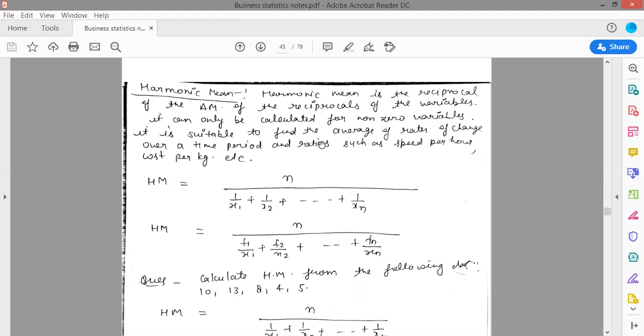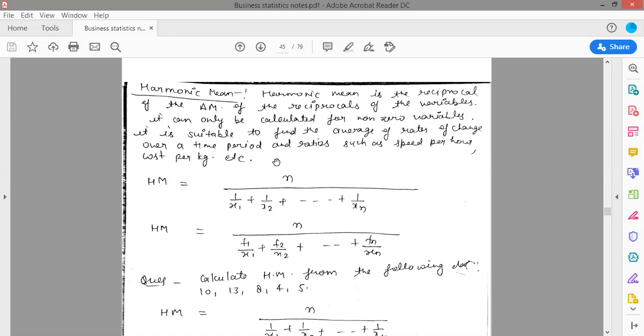So for the harmonic mean definition, just look at the formula. Harmonic mean is equal to the reciprocal of the arithmetic mean. So first you have to learn the arithmetic mean. So what is your arithmetic mean? x1 plus x2 plus x3 and so on plus xn, upon n. So it is the reciprocal of the arithmetic mean. So the reciprocal of the arithmetic mean will be n upon something, meaning your variables. Now another line is the reciprocal of the variables. So if you have variables x1, x2, x3 and so on xn, then the reciprocals of these variables will be 1 upon x1, 1 upon x2 and so on 1 upon xn.